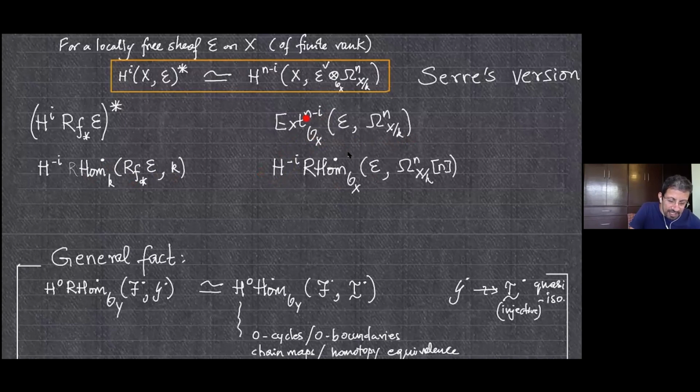So this n here, I have brought it here. I have shifted this by n. And again, you're supposed to take an injective resolution of omega_n, shifted by n, and then do Hom. So Hom is simply the complex obtained by homing E into this complex. That will be your new complex, and apply its minus ith homology. That by definition will give you the Ext^(n−i). So what we notice is that h^(−i) is common on both sides. So this is an isomorphism at the level of complexes,